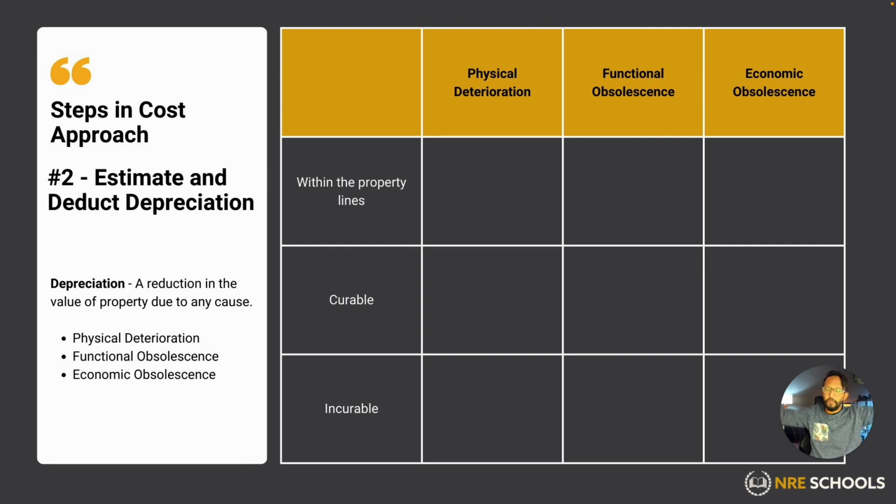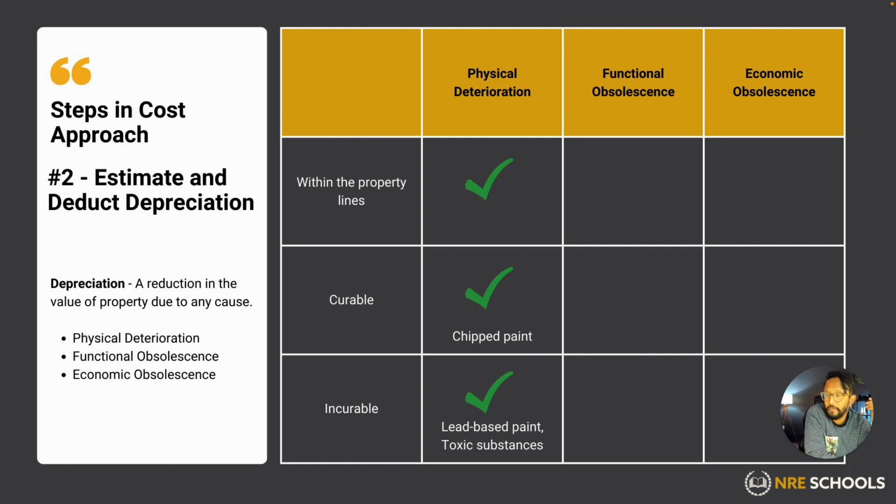So we have 3 types of depreciation. We have physical deterioration, functional obsolescence, and economic obsolescence. So the physical deterioration happens within the property lines, and it is curable. So things curable like chip paint. Chip paint, you can fix that. Just scrape it and paint it. It's fixed. We also have things that could be incurable, like toxic substances on a property, lead-based paint that could